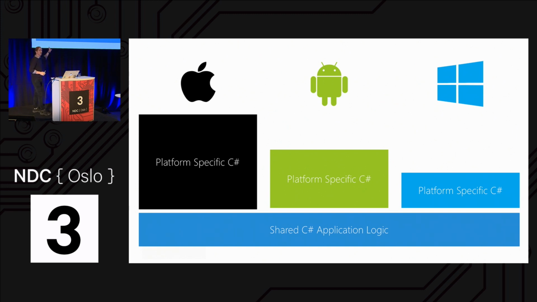So that means that we do a lot of work in the platform-specific layers. So what we want to end up doing is avoid putting too much code in our platform-specific projects. Normally, I myself feel the urge sometimes to just add things into this platform-specific layer, code that's not shared across the platforms, just because it's easier. Sometimes it feels like I'm taking a task to start building a new view in my app, and I start building that for one of the platforms. And then when I go on to the next platform, I build it again. And I don't go back and look at the code that I just built,